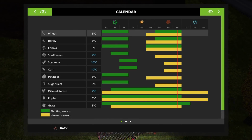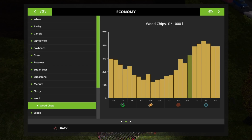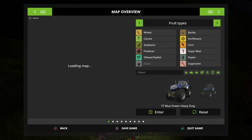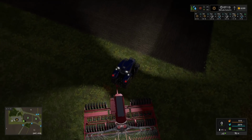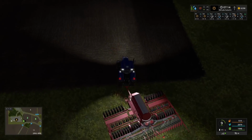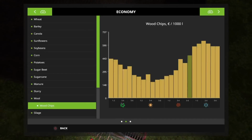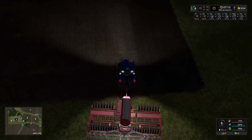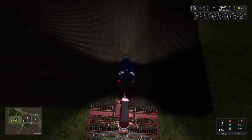If we take a quick look at the predictions, you can see the wood chip price is going to jump up significantly tomorrow. Let's see what it's at today, actually, just out of curiosity. Wood chip price is currently 356 and climbing. That's not too bad. That's not too bad at all. So that'll be substantially higher than 356, I think, by the end of the day. We're getting a predicted price of over 440. Obviously, it might still be affected a little bit by that vast amount of wood chips that we sold a couple of days ago when we had that great demand, but